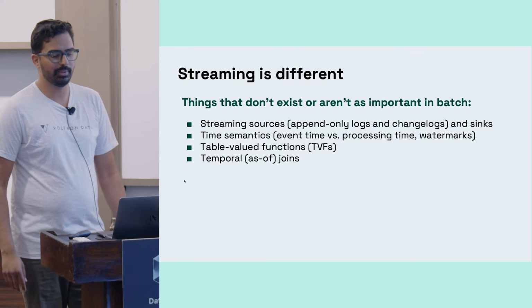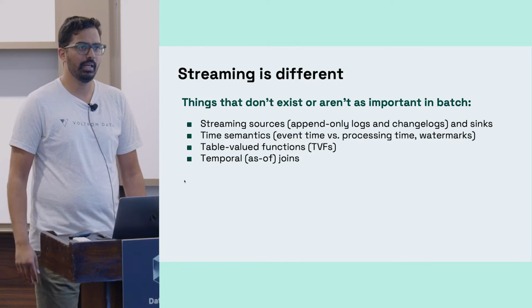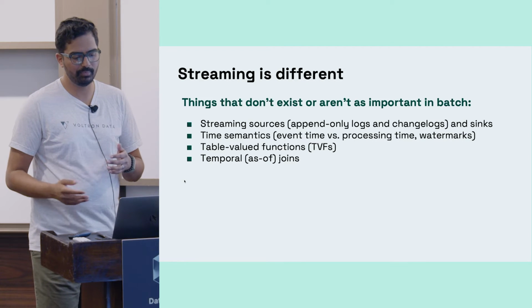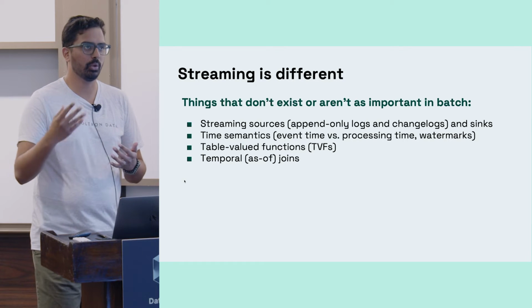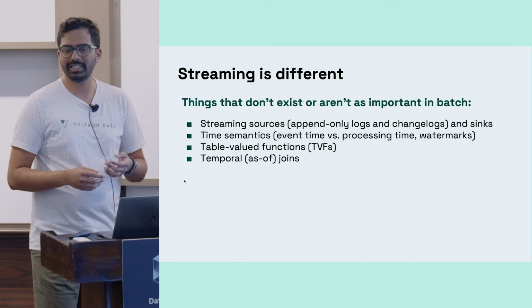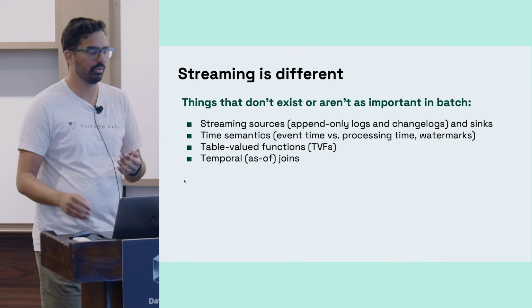Something that's also not explicitly listed here is that some operations just don't make sense in a streaming context. For example, if you're going to do some sort of ordering over a non-time column, a global ordering is not going to be supported in a streaming context. It just doesn't make sense to, let's say, sort by your order ID when you're not going to stop seeing new order IDs.